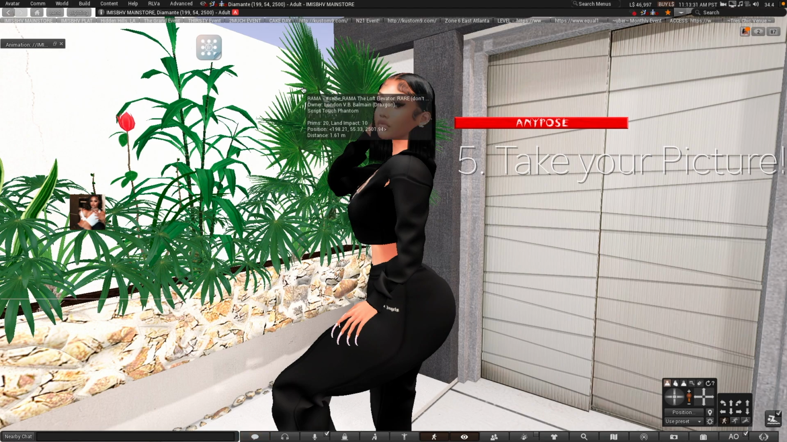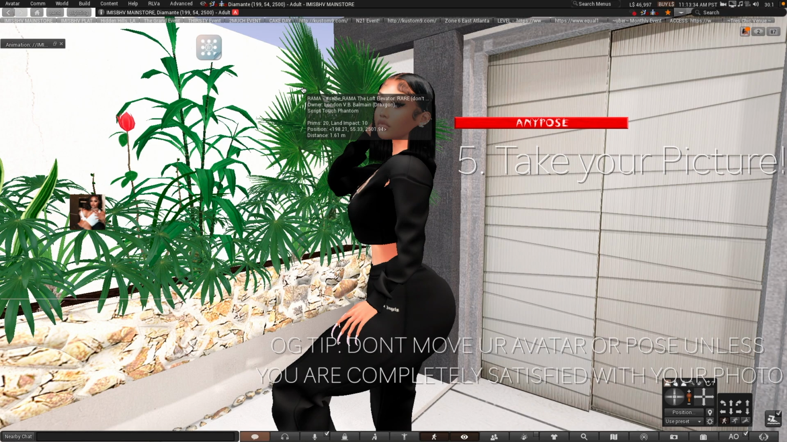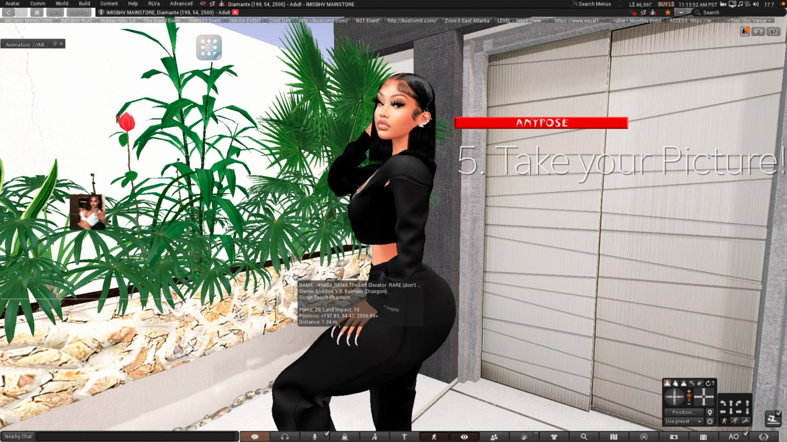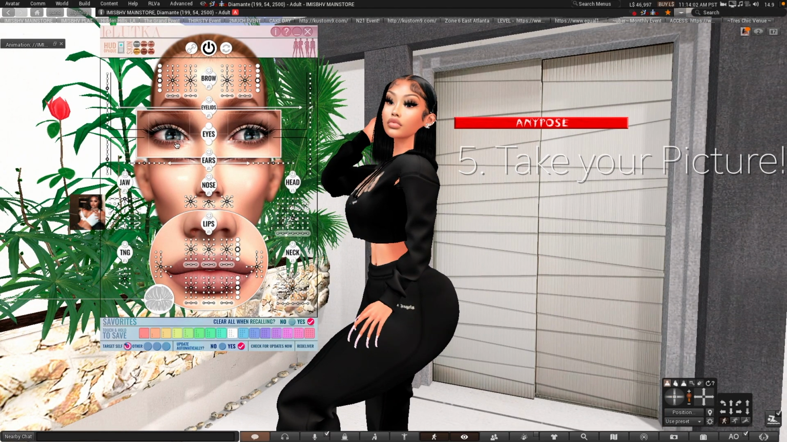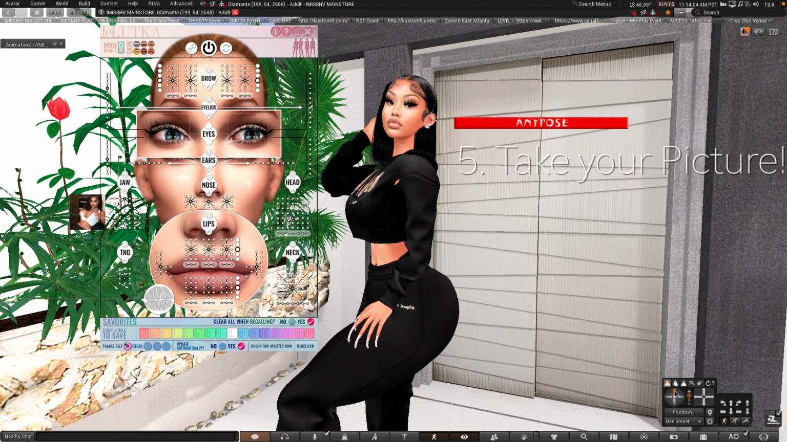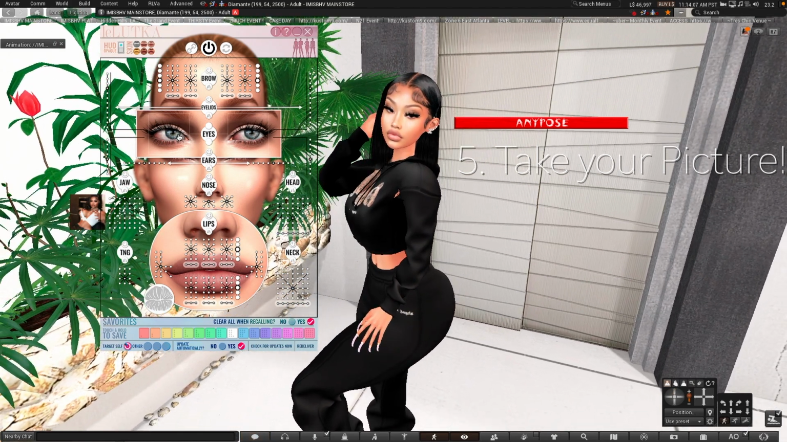Actually, this is a number one OG tip, okay? Don't touch your avatar until you are completely satisfied with your picture, because getting out of the pose, taking off any pose, taking off the face HUD, and then not being satisfied with your picture really, really sucks. So make sure you take a couple different kinds of pictures, you know what I'm saying? Take different angles. Like if I wanted to, I'll take another one like this. Well, not really, I don't like that. If I take one like this